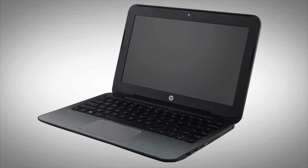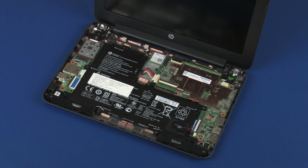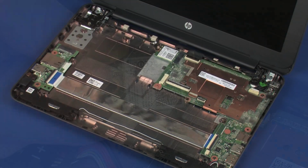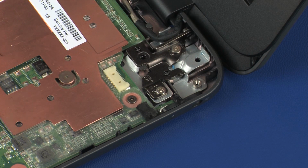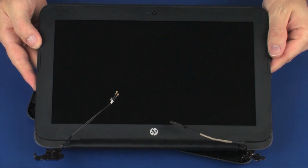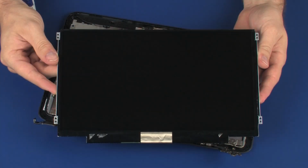Note: the following video depicts a specific configuration of the notebook. The same removal and replacement procedures apply to all configurations of the notebook. Before you begin, remove the top cover, battery, wireless module, power connector cable, display panel assembly, display bezel, and display